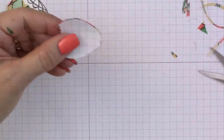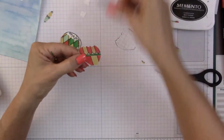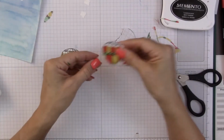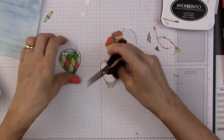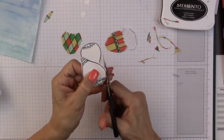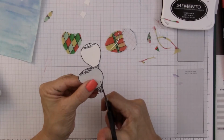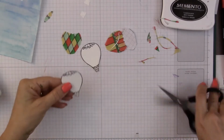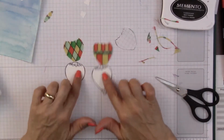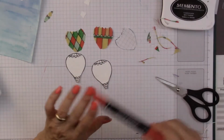Okay, so now we have this piece that we can put on this balloon like that. And I'm going to go ahead and, let's see, I've trimmed this one. I think I'm going to trim around this one a little bit. Okay, so now that I have these two pieces, what I'm going to have to color is this top right here. So I'm going to take my